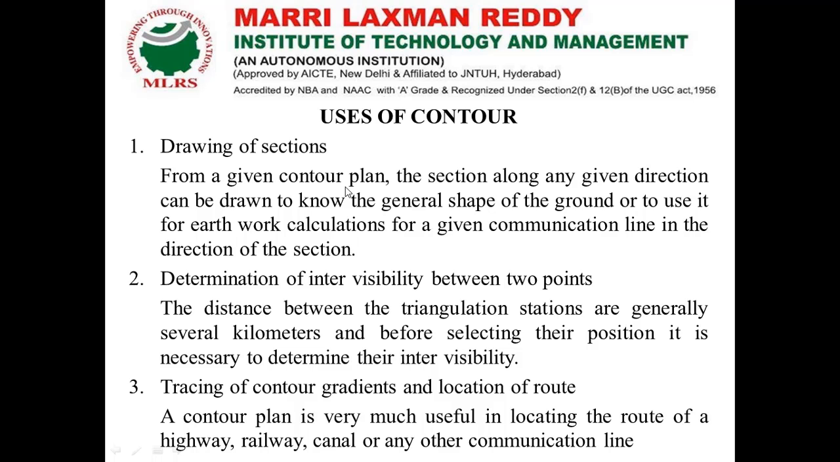Now, first, drawing of sections, which means we have to prepare a contour map. The section along any given direction can be drawn to know the general shape of the ground, or to use it for earthwork calculations for the given communication line in the direction of the section. So with the help of contours we have to make a clear plan. By using the plan we get data like earthwork excavation or earth filling for the smooth